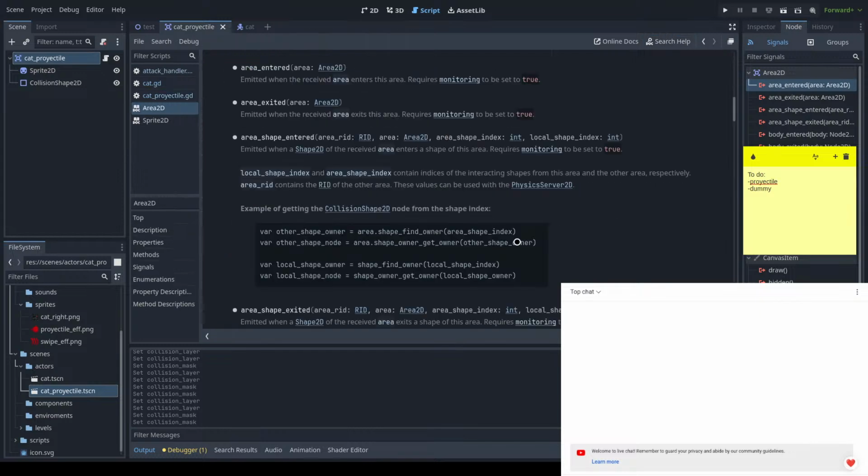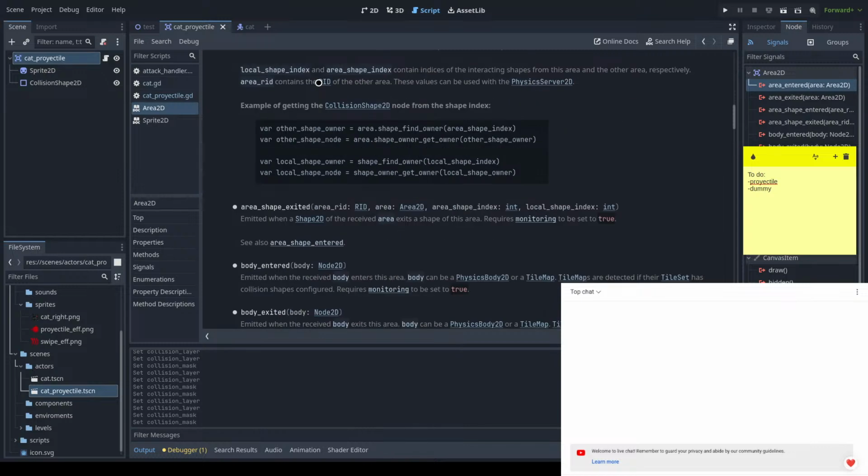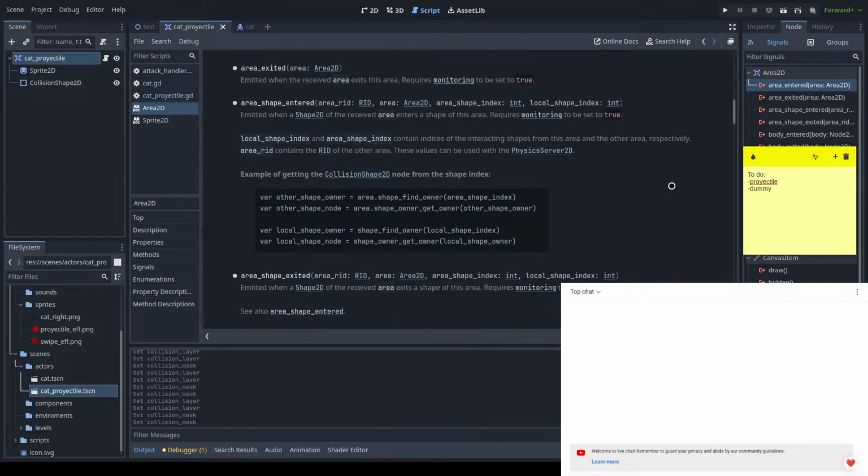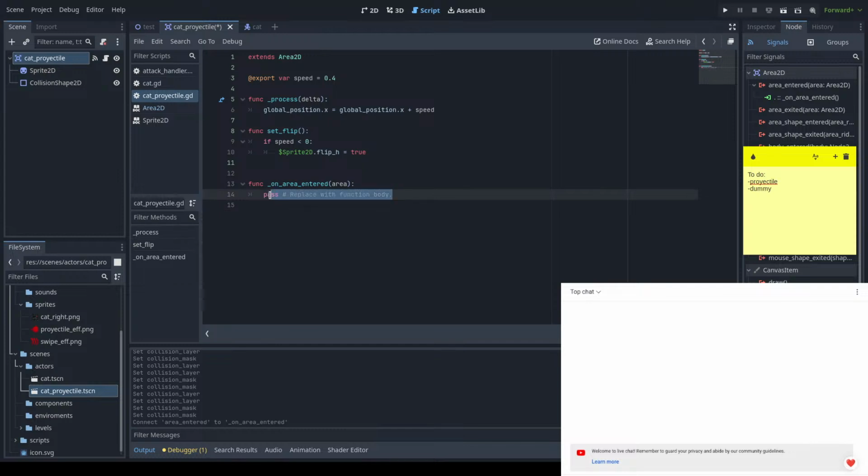So area entered is the minute when... sure. So we're gonna check for area entered, and we're gonna see area dot